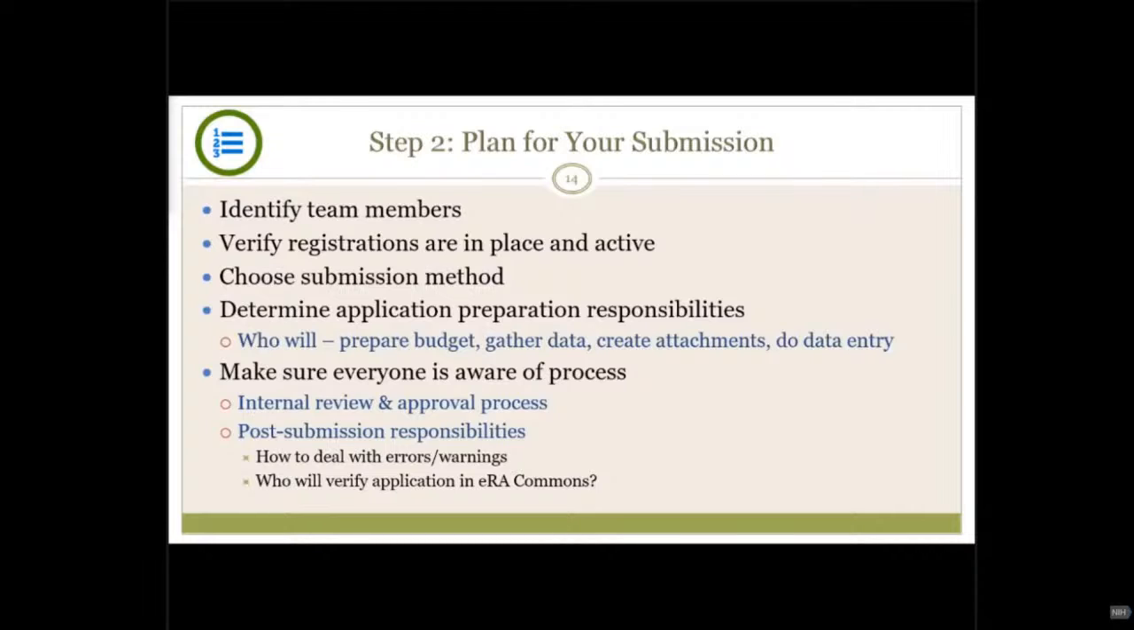You're choosing your submission method, and the first thing that you're going to do in that regard is contact your sponsored research office, find out how they want you to submit. Determine who is going to be doing what, who's going to be responsible for the science, who cares about the money, who's going to do data entry, who's going to give you that most beautiful micrograph pretty picture. And then again, make sure that everyone is aware of both internal and external deadlines. And then make sure that you have people in place, not getting on a plane and going someplace lovely, though not so much these days, that are going to be able to deal with eRA warnings and verify the application in